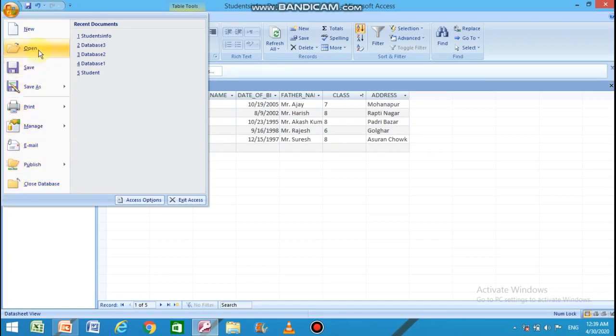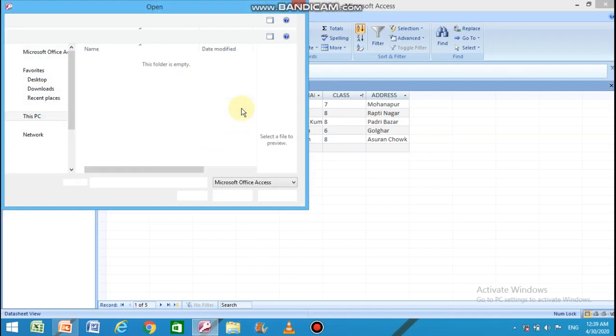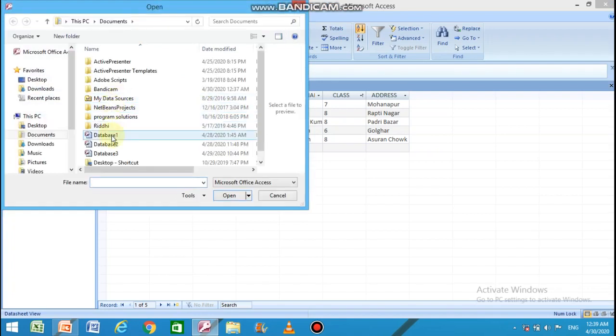To open any existing database, you can select the open command, again in the Office button. It will display a dialog box where you will select the database file name and the location where it is present. After that, click on the open button to open that particular database.